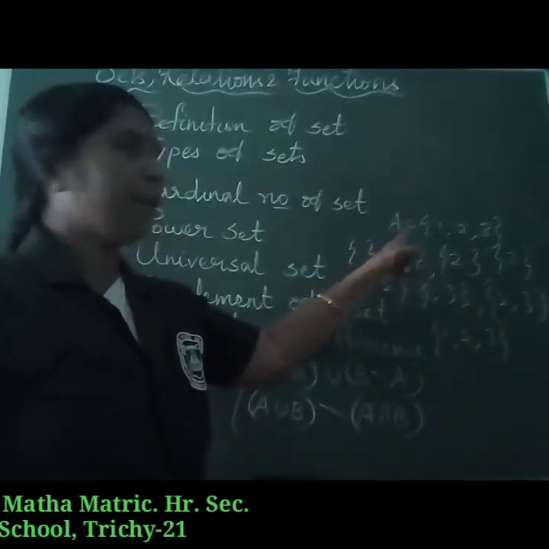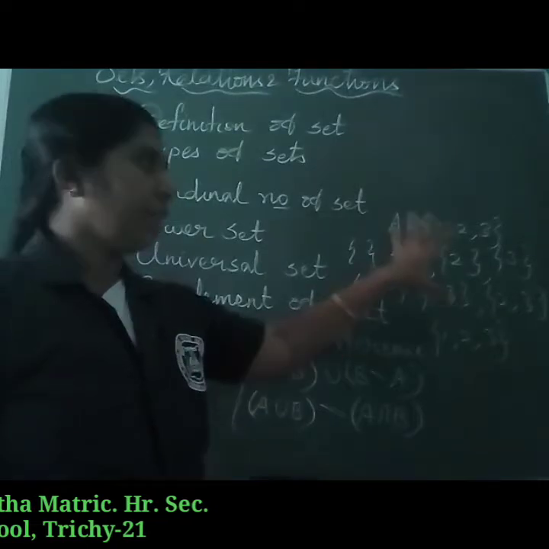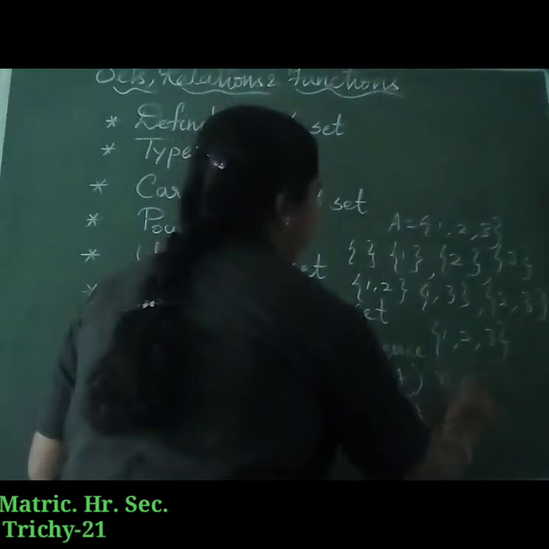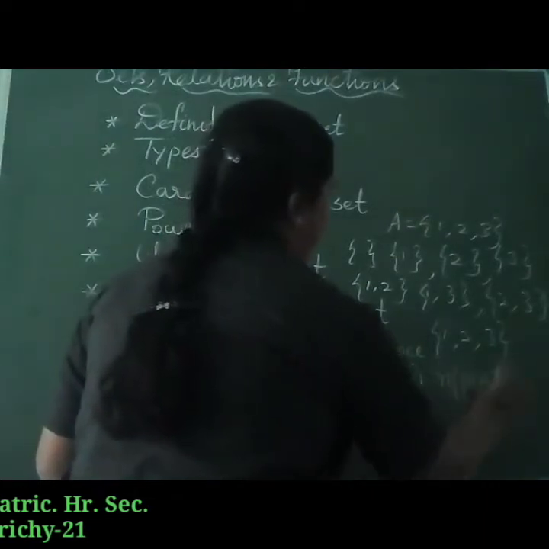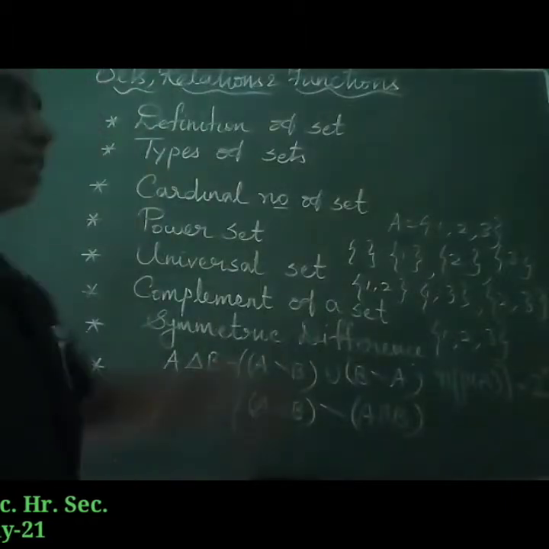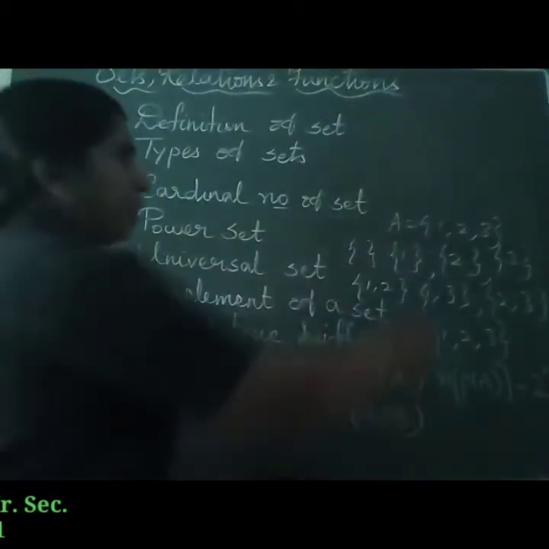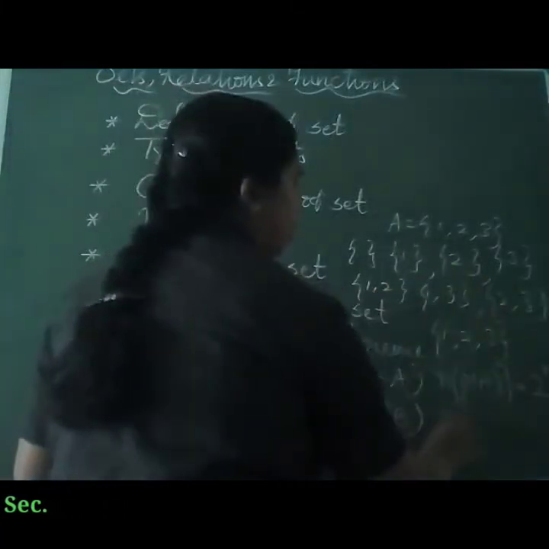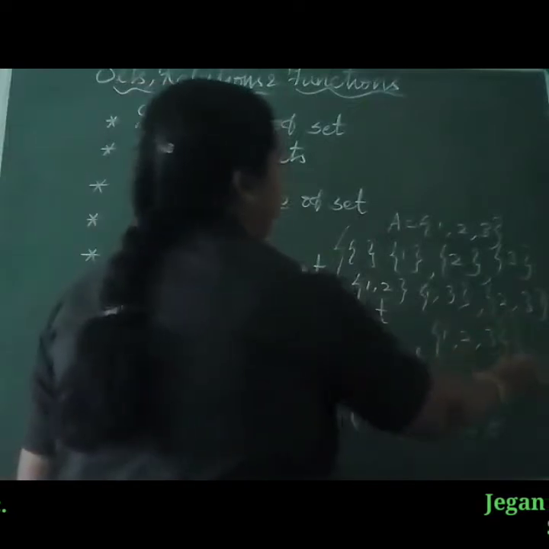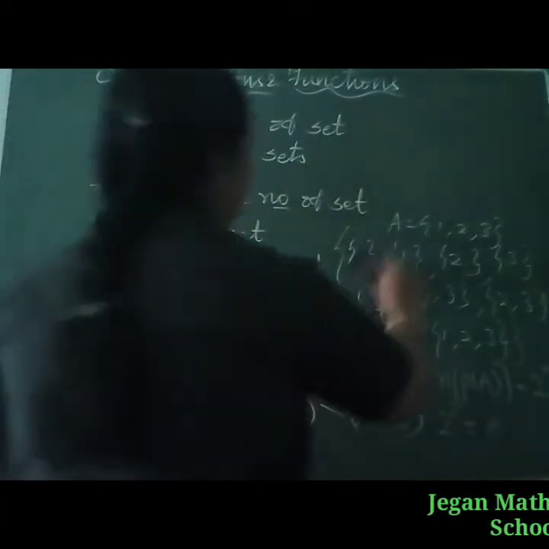The number of elements in the given set is the cardinal number, n(A). In the same way, the number of elements of the power set can be written as n(P(A)). The formula to find n(P(A)) is 2 power n, where n is the number of elements in the given set. So for the number of elements in the power set, 2 power 3 is equal to 8. On the whole, the power set has 8 elements. This is the meaning of the power set.